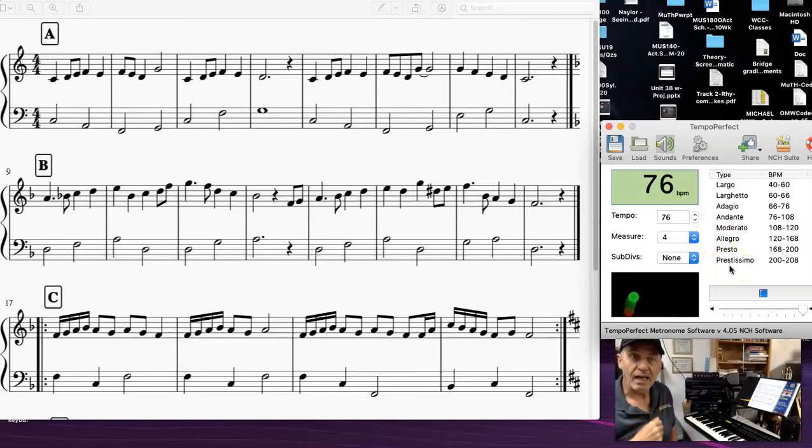And 2, and 3, and 4, and 1, and 2, and 3, and 4, and 1, and 2, and 3, and 4, and 1, and 2, and 3, and 4, and 1, and 2, and 3, and 4, and 1, and 2, and 3, and 4, and 1, and 2, and 1, 4, and 1, and 2, and 3,